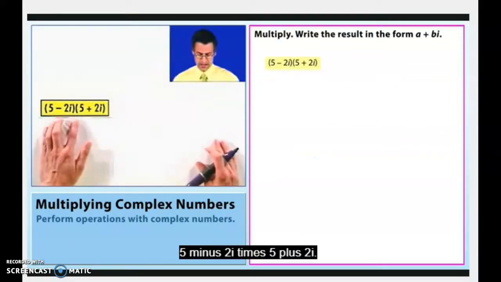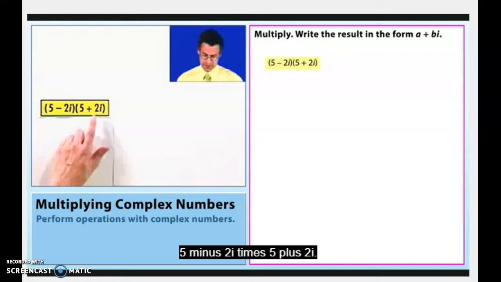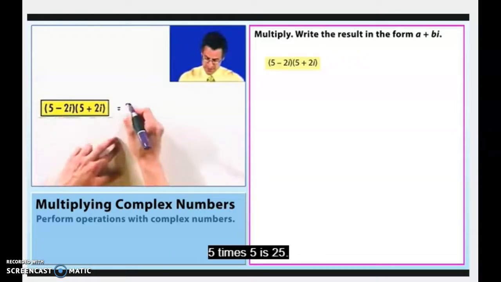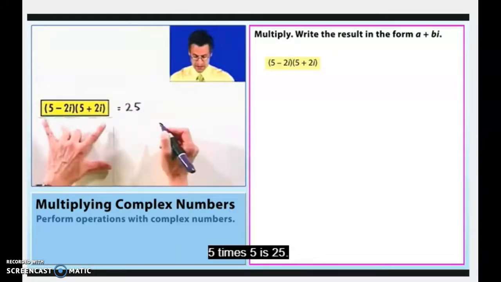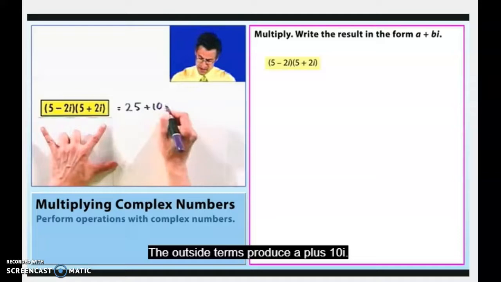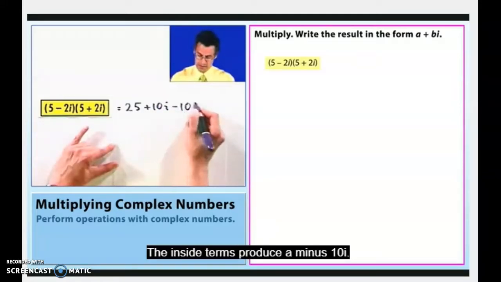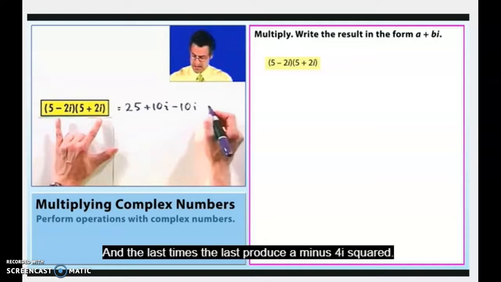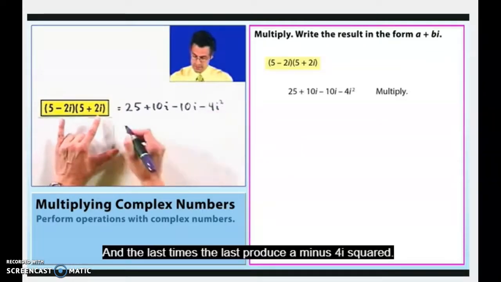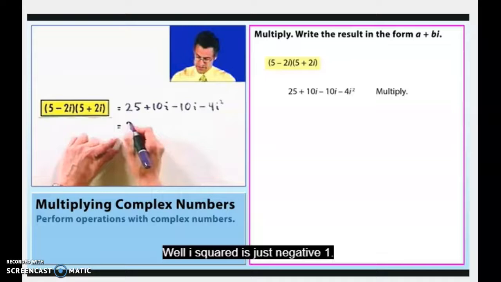5 minus 2i times 5 plus 2i. 5 times 5 is 25. The outside terms produce a plus 10i. The inside terms produce a minus 10i. And the last times the last produce a minus 4i squared. Well, i squared is just negative 1. So I see here 25